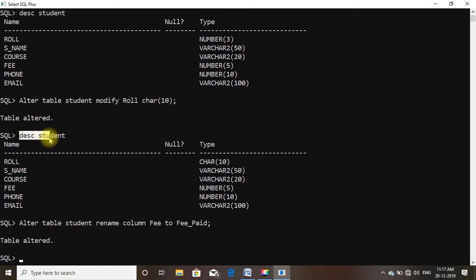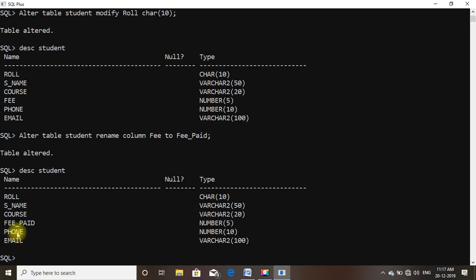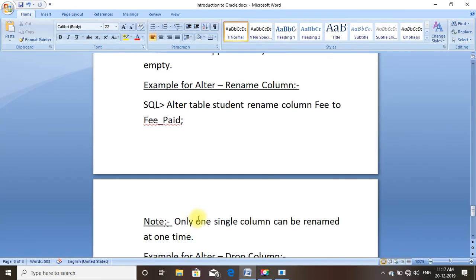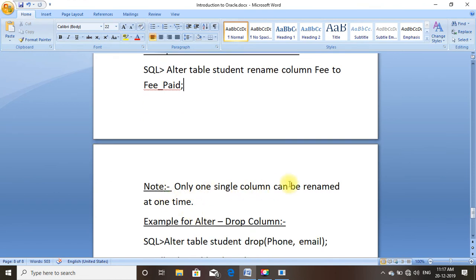So let us describe the student. Now you can see that the column fee is changed to fee paid. Note, only one single column can be renamed at one time.